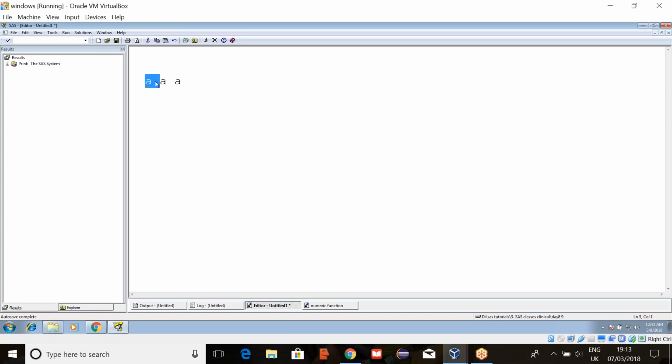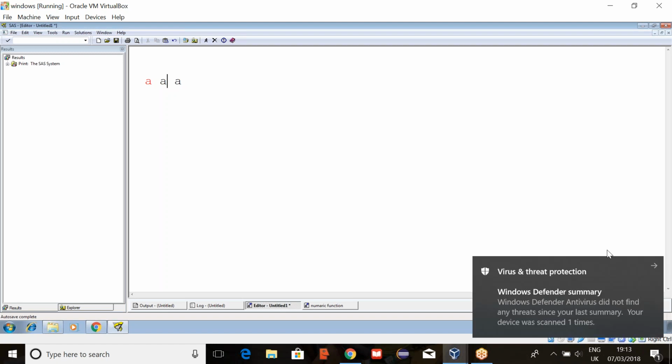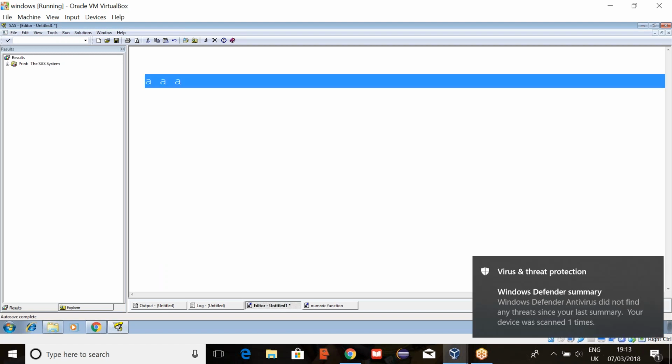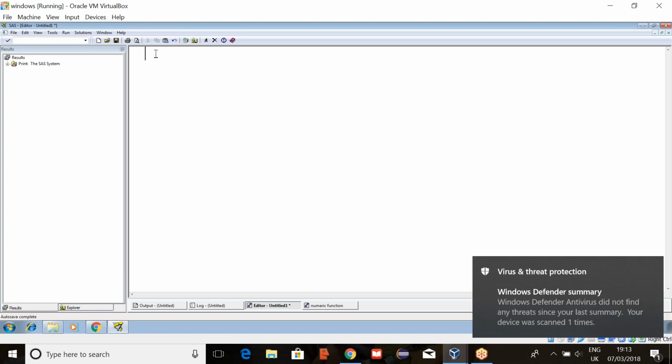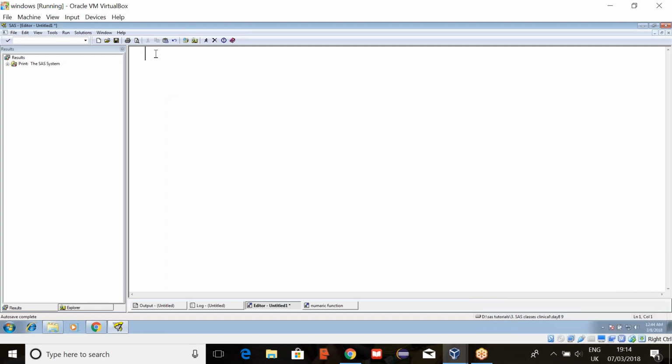Simply, FIND, your variable name and whatever character you want, comma. If you give some number as position, it will start counting from that number. So you can use it in that way. Sometimes different functions or options will give you the same output.